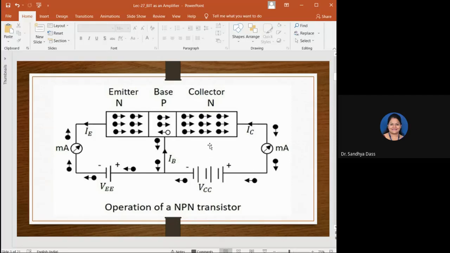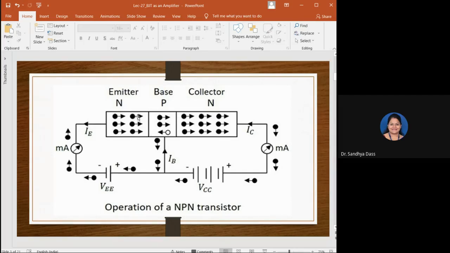We will discuss that. So when we are biasing, this is the way we bias the different terminals. All right, the emitter terminal, the base terminal, and the collector terminal. And if you recall, I had told the collector terminal will always be connected to the positive of the supply. All right. So making the electrons, which are the majority charge carriers in the n-type, move towards the collector. All right. So observe here what happens.